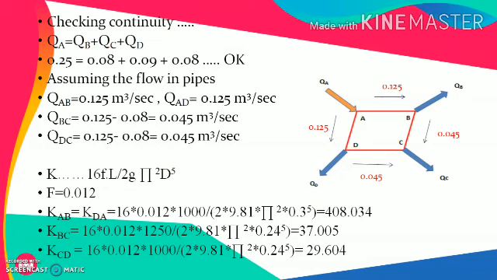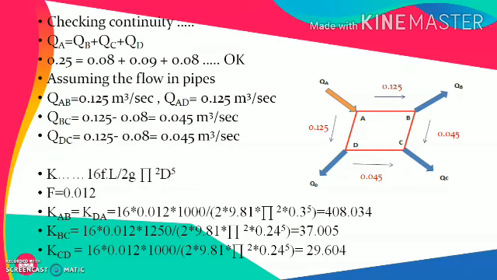And accordingly at BC, now the flow coming to the node B is 0.125, that is from pipe AB, while at B there is a certain demand which is 0.08 meter cube per second. So to satisfy the continuity, once again the flow through pipe or segment BC will be 0.125 minus 0.08. It is going to be 0.045 meter cube per second.